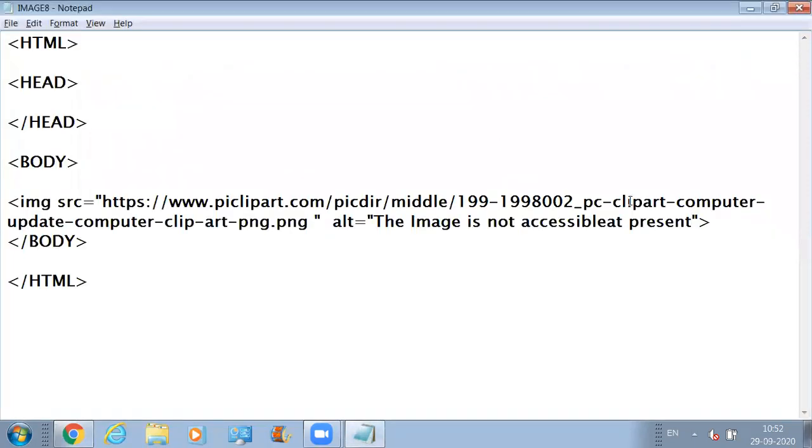So this is how the developer can tell the user that at present the image is not accessible. The user will automatically understand. If he's a techno savvy person, he will automatically be able to understand that just because of a low bandwidth issue, I'm not able to access this high pixelized image. Okay. This is about the alt tag.